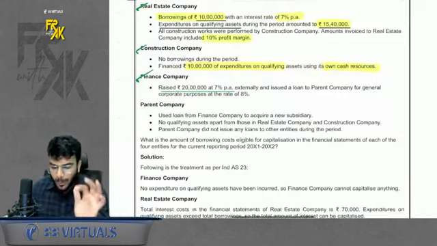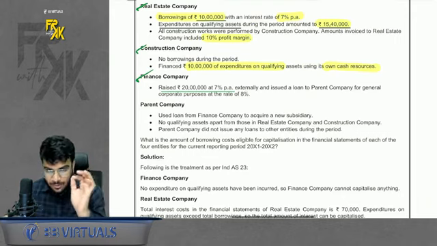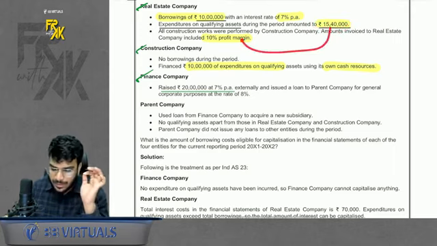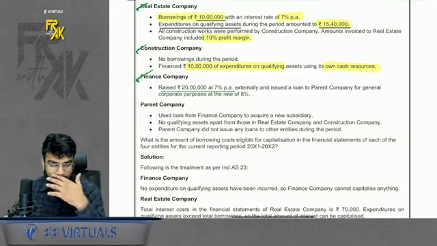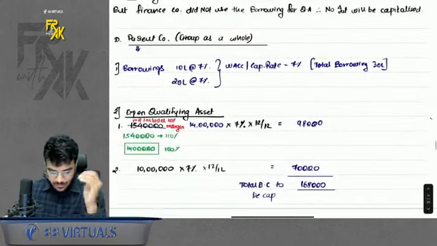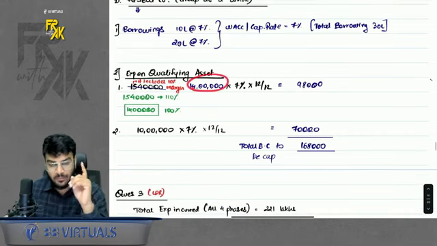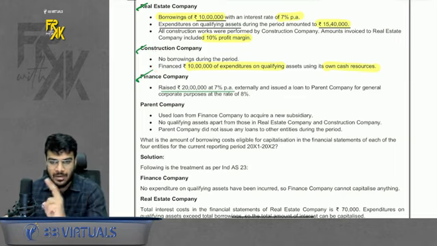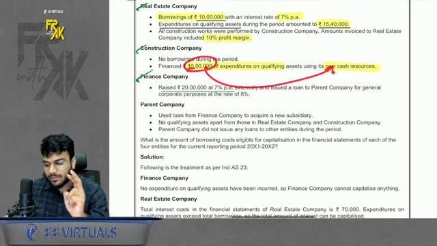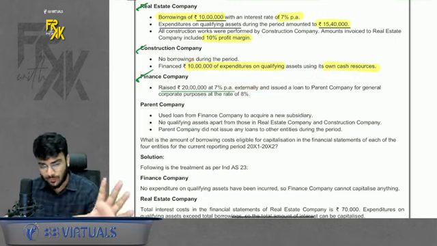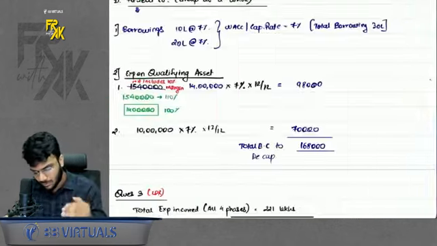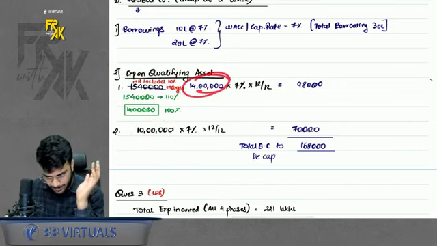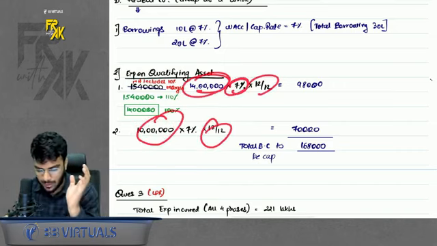Second, from group point of view, how much expenditure was incurred on qualifying asset. So this 15 lakh 40 was incurred on qualifying asset, but this includes the intercompany subsidiary margin. So reduce that. If I remove the margin, the amount comes to 14 lakhs. One expenditure on qualifying asset. Second, construction company also incurred an expenditure on qualifying asset of 10 lakhs. Doesn't matter whether they used their own resources or not from group's point of view. From group point of view, we will assume that you incurred it from borrowings only. So this is the second expenditure. Expenditure into the rate into the number of months, capitalize this interest.